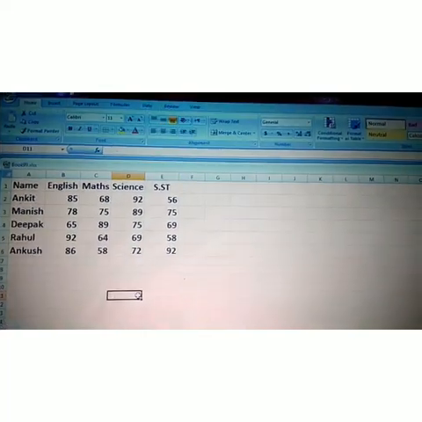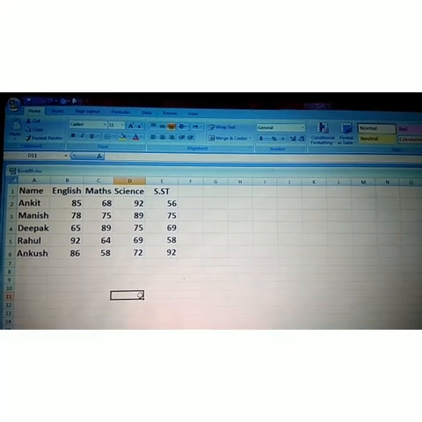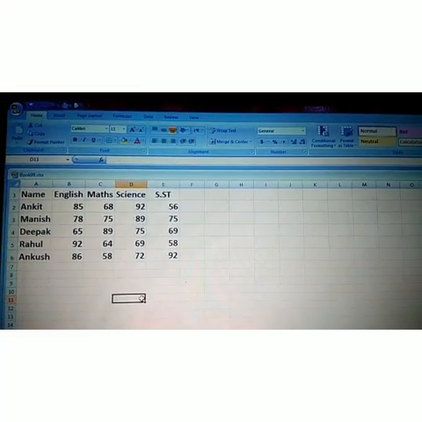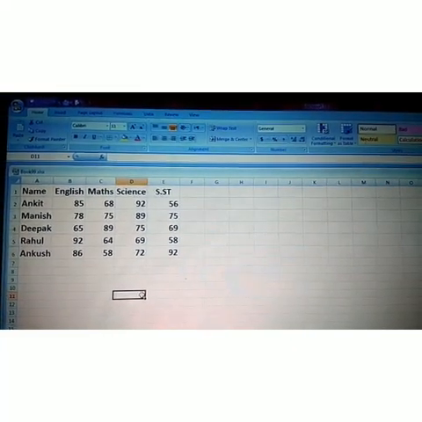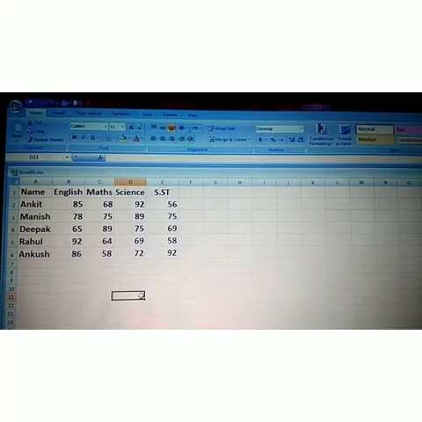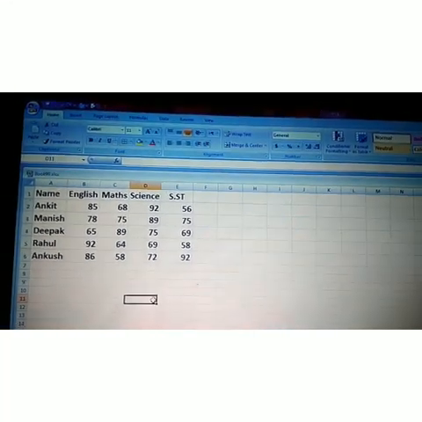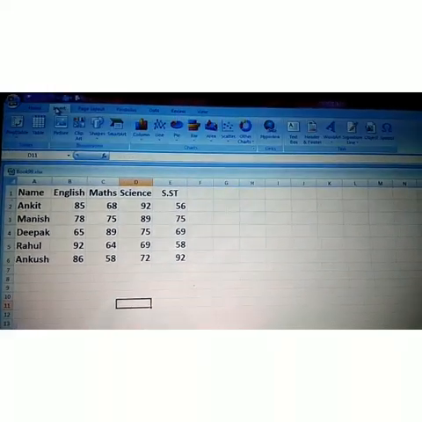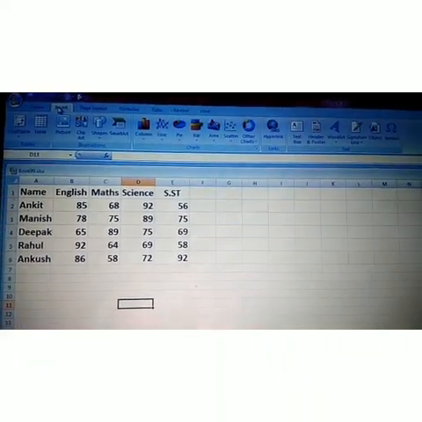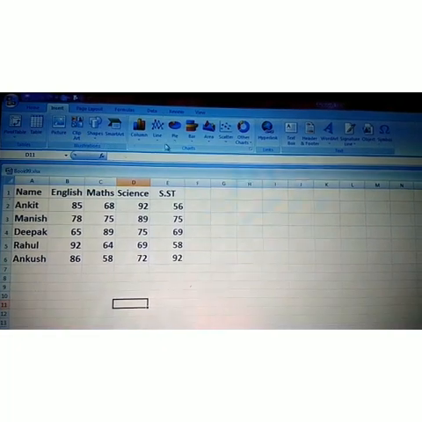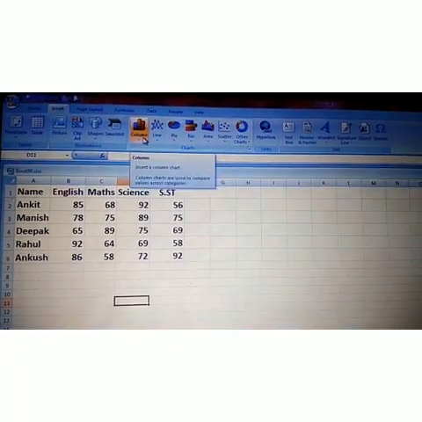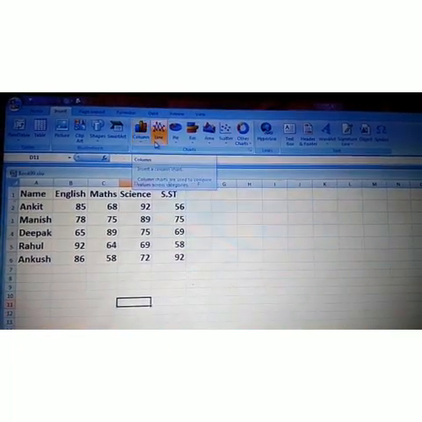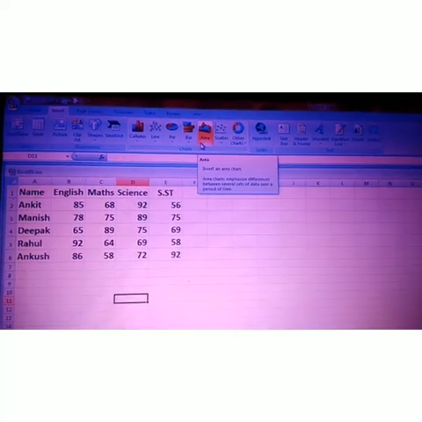Then firstly, your practical is how to create a chart in MS Excel and how to format it. So firstly students, we will go to the insert tab. Just click the insert tab and see the different charts: column, line, pie, bar, area.